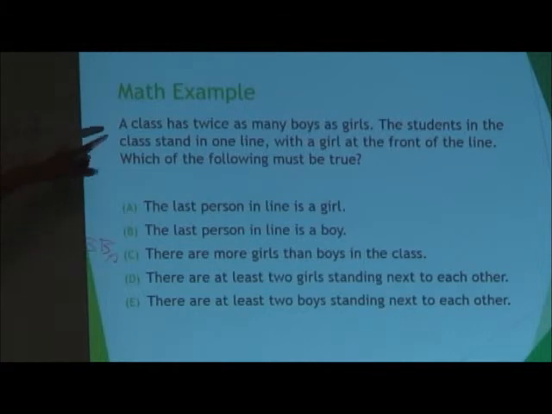All you have to do is really take this sentence and turn it into an equation. So you just have to be like boy, boy, girl, and then okay, if the girl goes in front, it has to be girl, boy, boy at some point. Just logically speaking. Because the only time when you don't have two boys standing next to each other is this possibility, right?